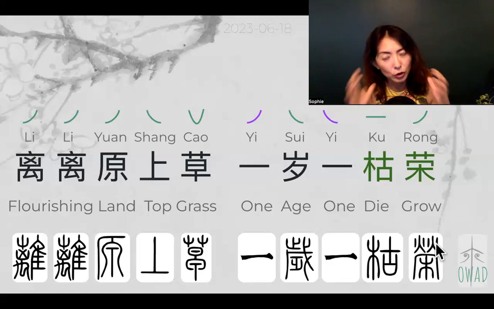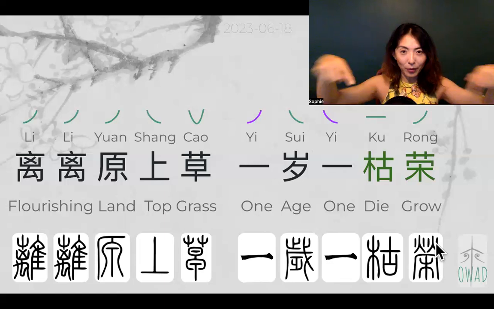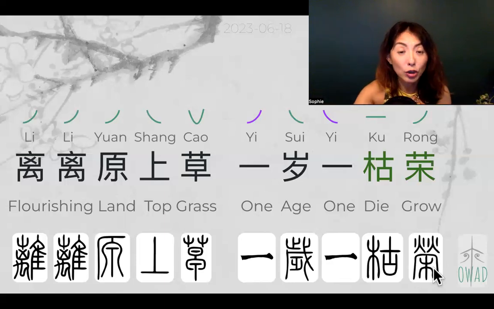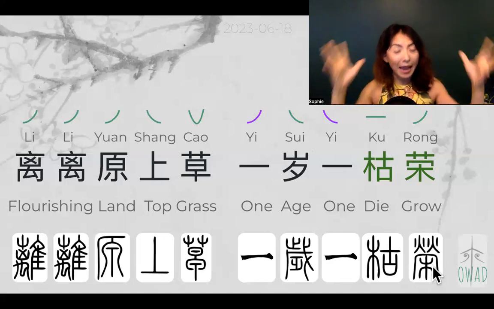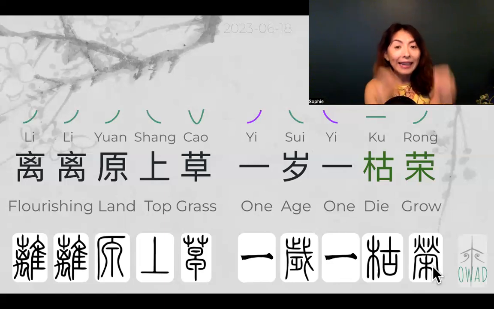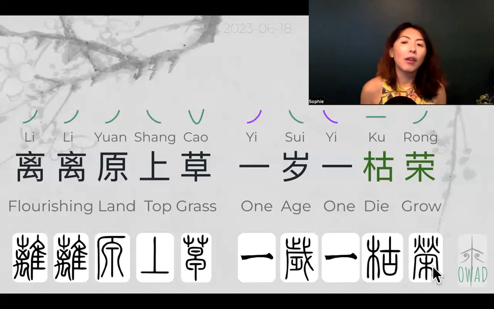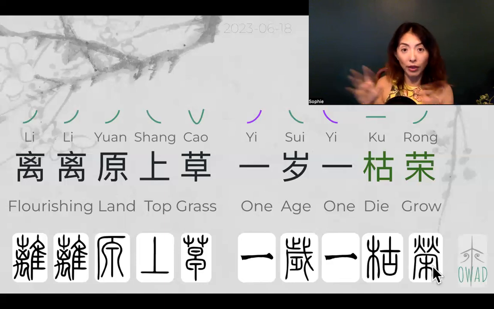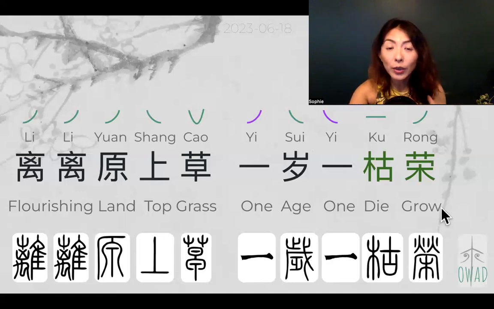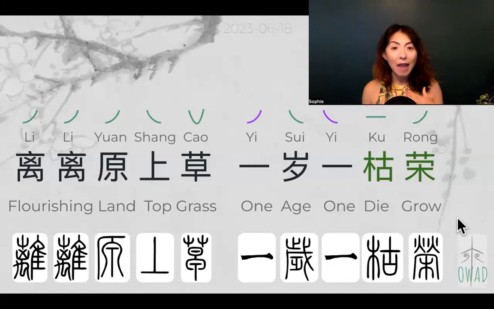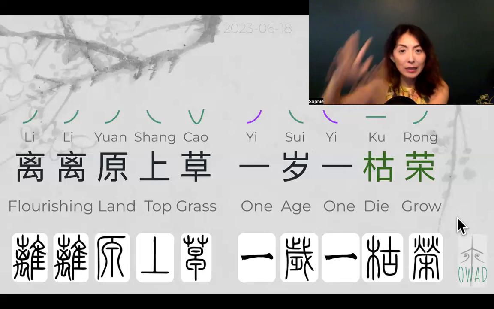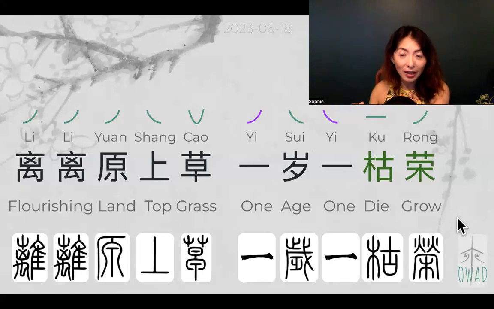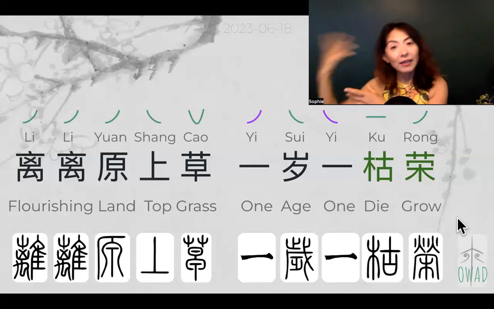Or a town, so townhood back then, with walls around it. And then that's the tree, the type of tree with big canopies that provide a lot of shade inside the town. Okay, so that's the type of tree. And because of this big canopy, it symbolizes growing, flourishing. So here, 一岁一枯荣 simply means every year it will experience this dying toward the end of the year and then growing in the next year.